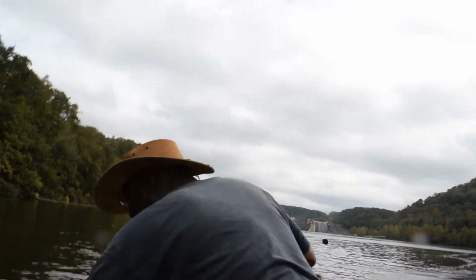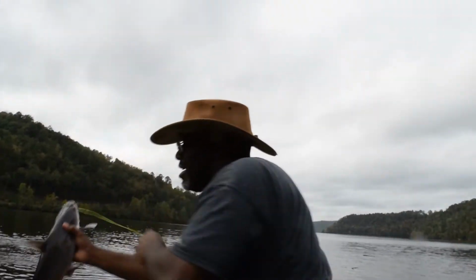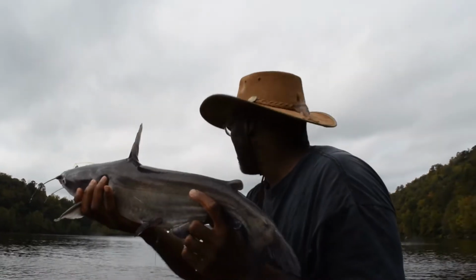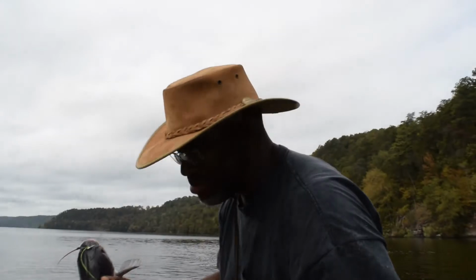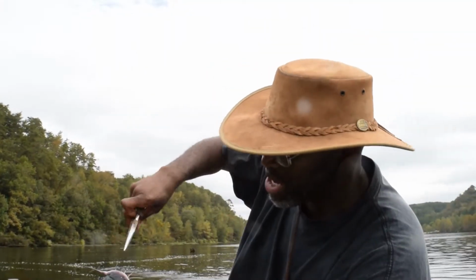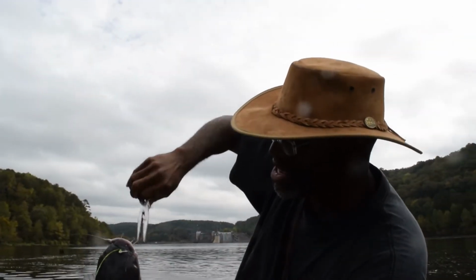It's not so small. Normal custom is to go ahead and bleed them out. Get these circle hooks out, man. Right in the corner of the mouth. Once again,